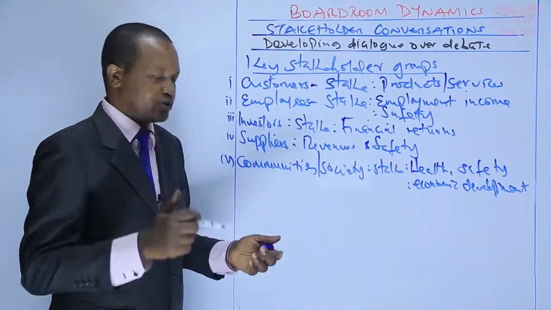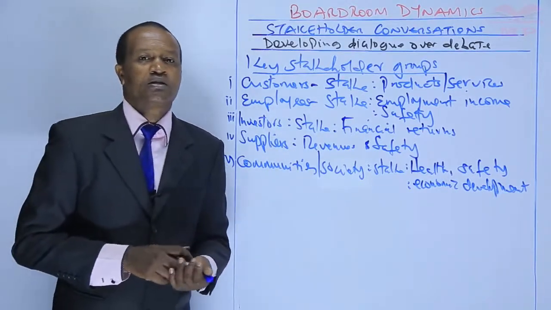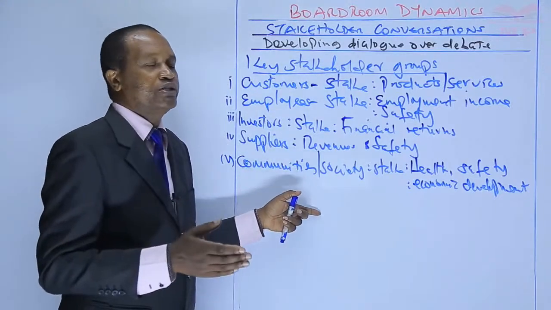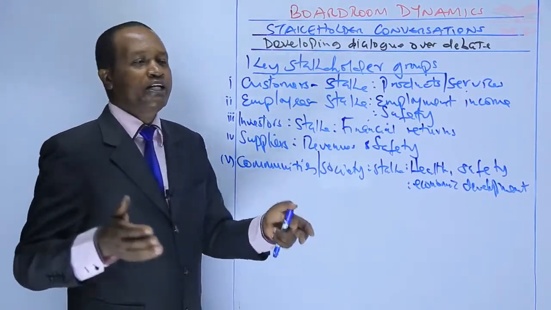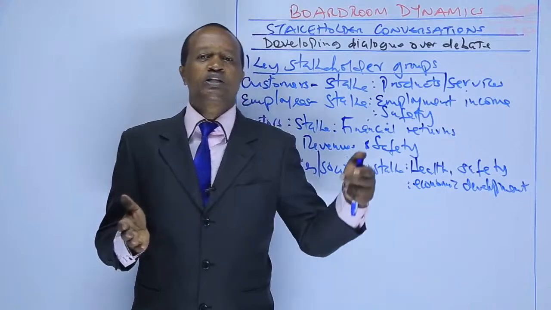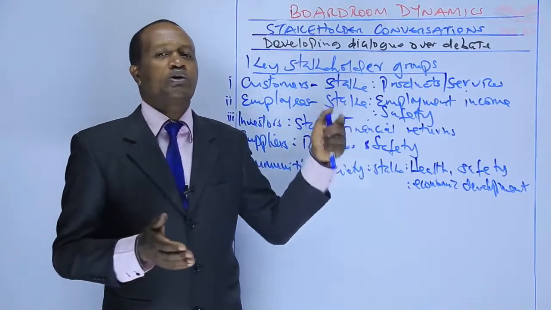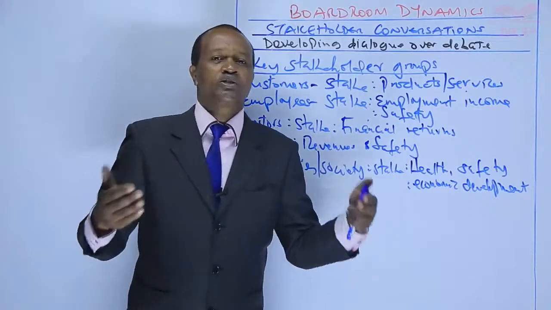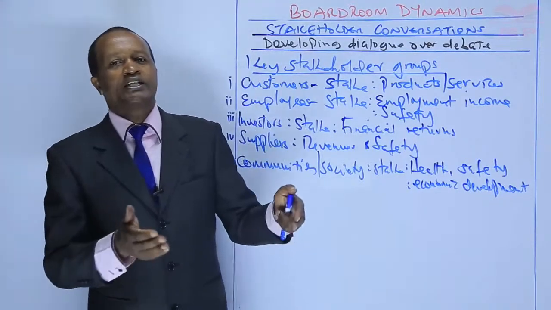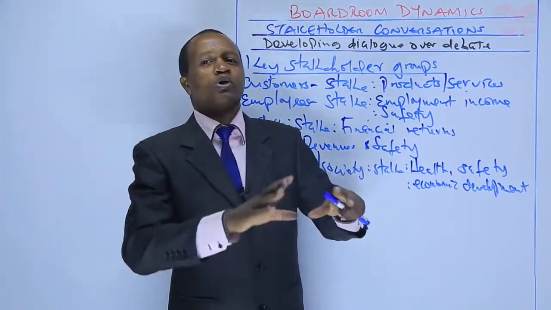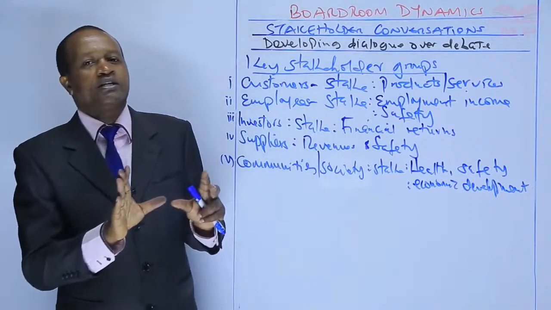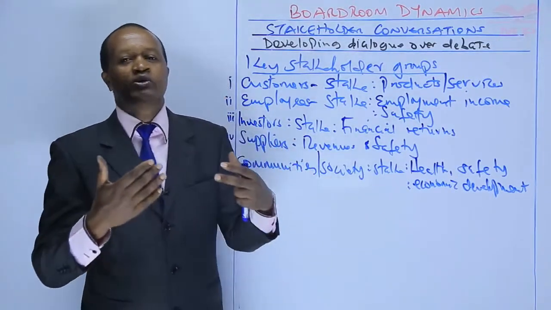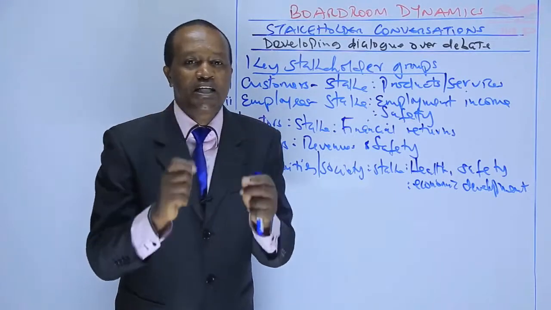Communities are major stakeholders in large businesses located near them. Why? Because they are impacted by a wide range of things, including job creation, economic development, their health, their safety, and so on. So when a big company enters or exists in a small community, there is an immediate and significant impact on employment, on income, and spending in that area.